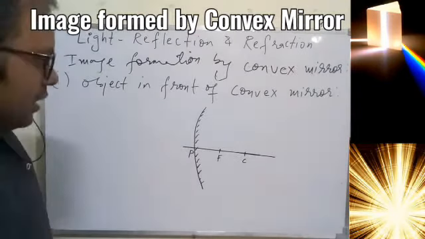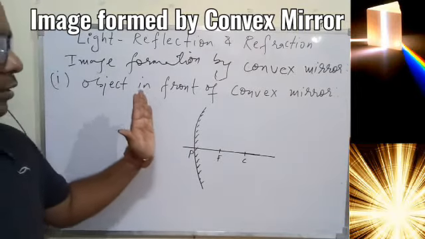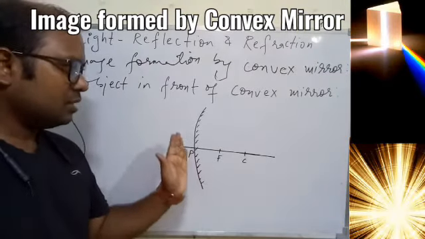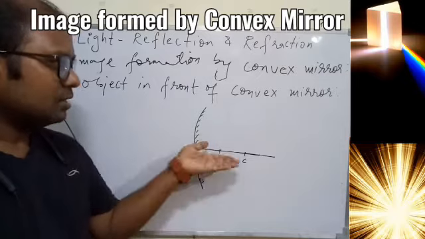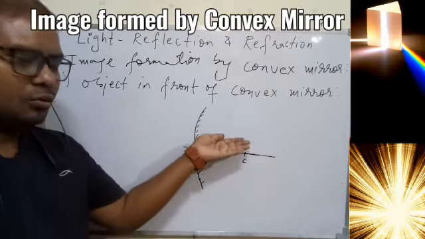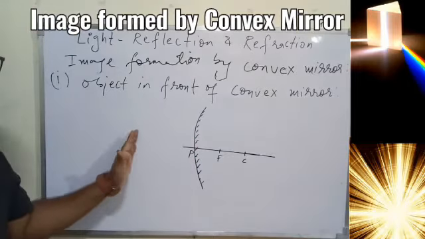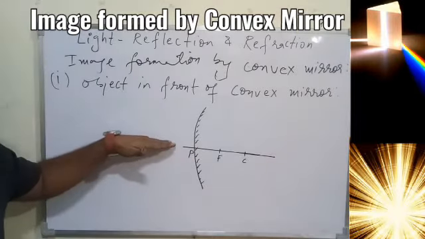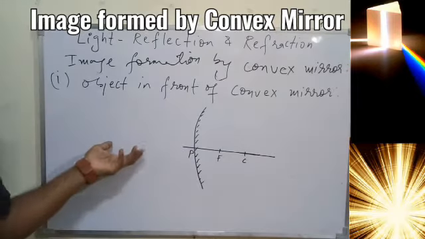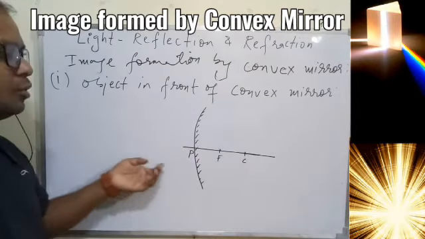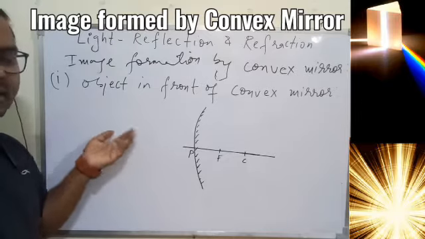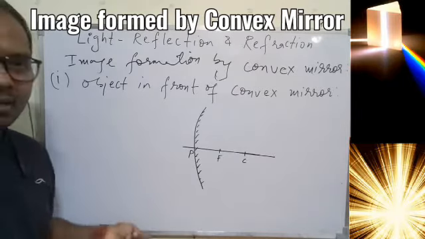In general, the focus and center of curvature are basically behind the mirror, and if you place something behind the mirror, it cannot form the image, because this is a convex mirror facing this side. So in front of the mirror we don't have any focus or center of curvature. Simple. Since in front we don't have F, we don't have C, so we don't have different cases like we had in the case of concave mirror.